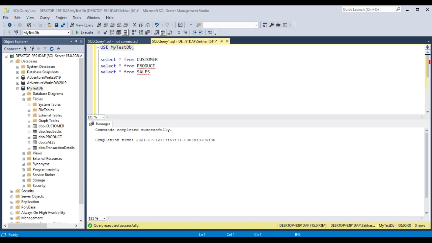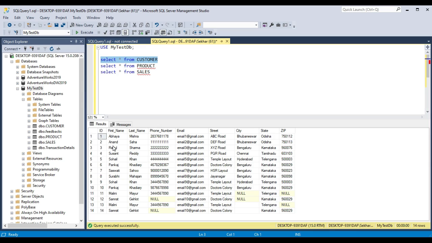So there will be certain circumstances when you will need to join multiple tables and fetch data according to your scenario. For example, we have here three tables. One is the customer table, which mainly has the customer details like first name, last name, phone number, email and other details.